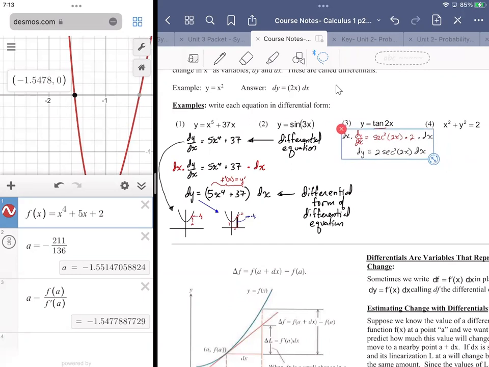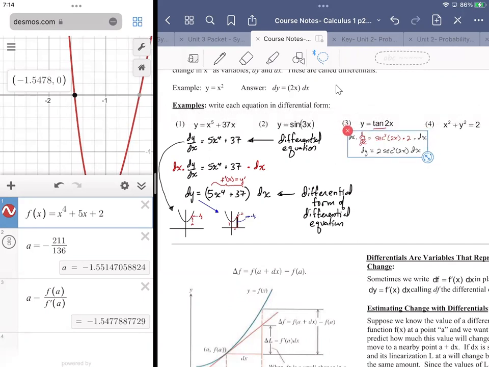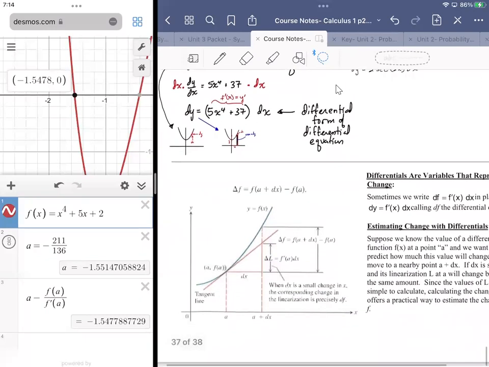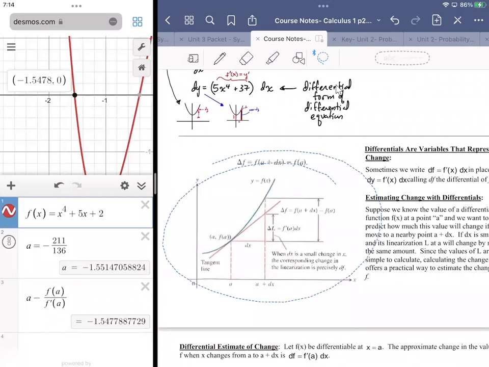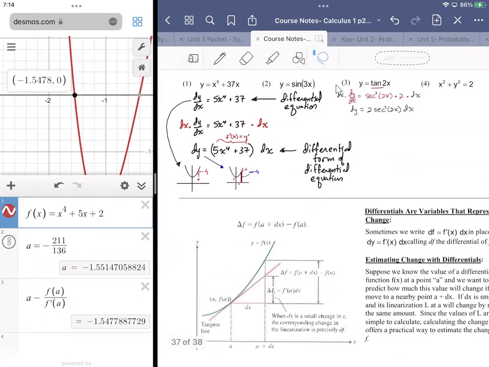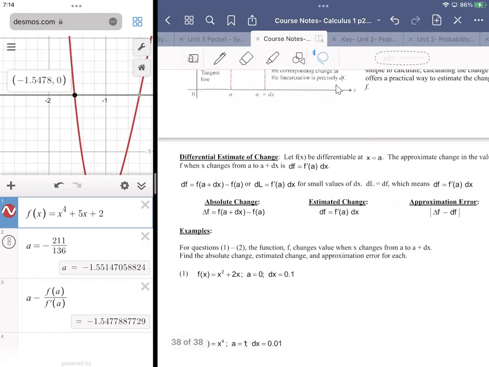What I wanted to show you is how we could use this concept of a differential to help us approximate values, because that's what this part of the unit's really all about, developing approximations. And so we use linearization, we use Newton's method, and now we're going to use this concept called differentials to help us get that job done. Okay, so let me just show you. It'll take literally a couple of minutes. It's very quick. All of this stuff here is what I was just explaining. You can read through that if you like, but we're only going to focus on this,